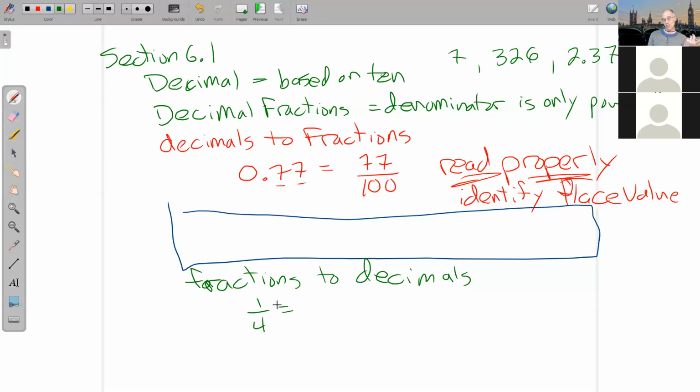We actually do the division. Yeah, the fraction bar means division, right? Take 1, divide by 4, right? So there's actually a process. Let 4 go into 1 and see what happens, right? And that's going to lead to the decimal 0.25,